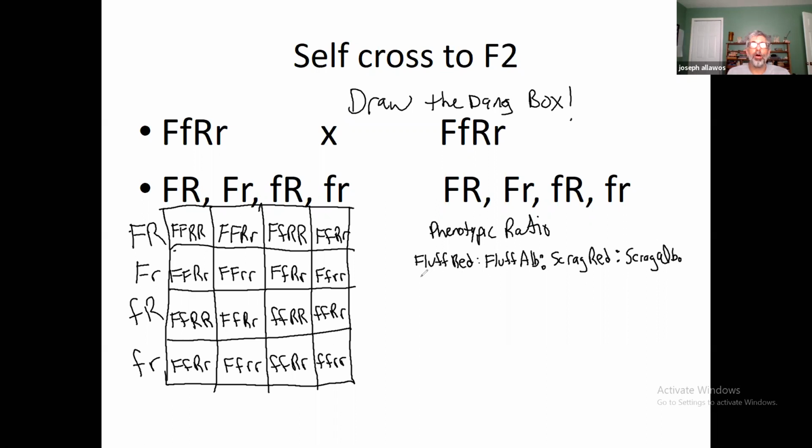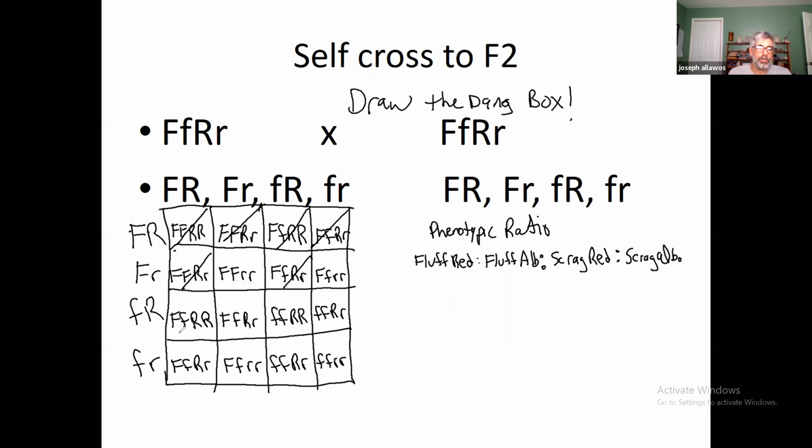So let's go through and count all the fluffy red ones. What about this one? Fluffy red, it's homozygous dominant for both. Fluffy, it's heterozygous, but red is dominant. That one counts. Fluffy red, they seem all to be fluffy red. Fluffy red, fluffy red, fluffy albino. What about this one? Fluffy red,